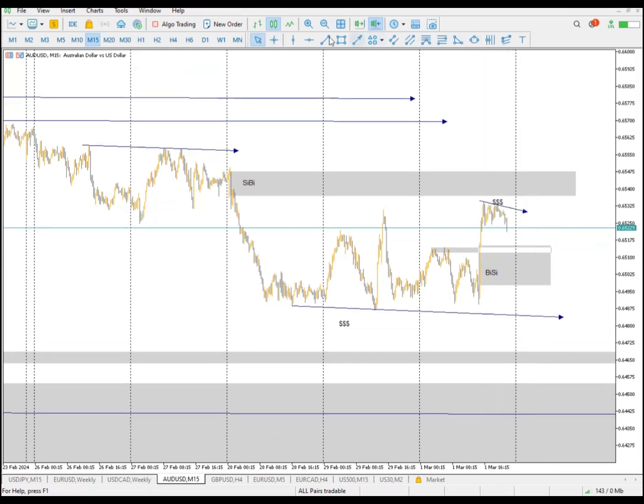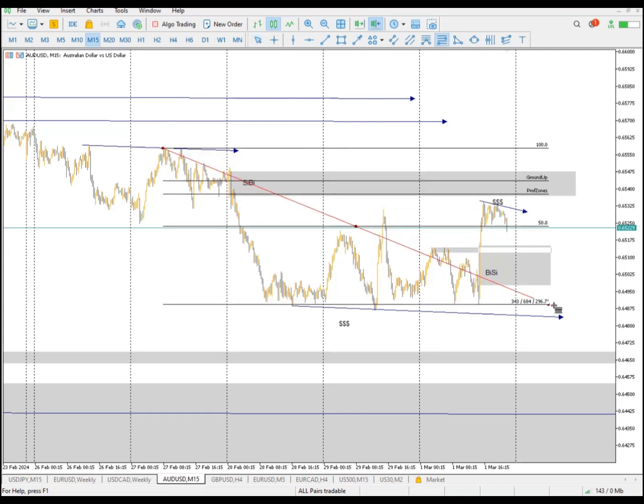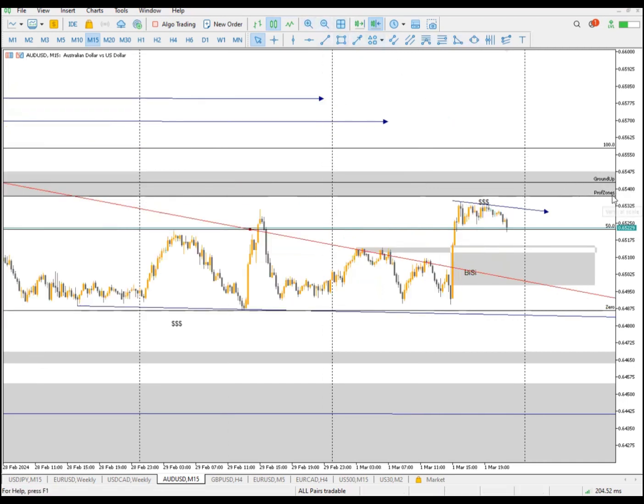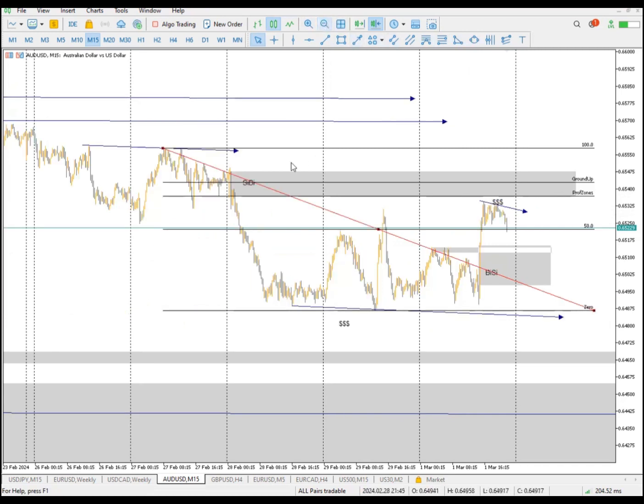Now, one more thing I want to do is drag the Fibonacci all the way from this liquidity right here to the downside, to the low. And can you see that the ground up and prop zones level is our high time frame sell side imbalance and buy side inefficiency, which is an order block also on the high time frame? Can you see that it's right there? Our zone is right there. So now it makes more sense for us to actually look at that zone before we drop,